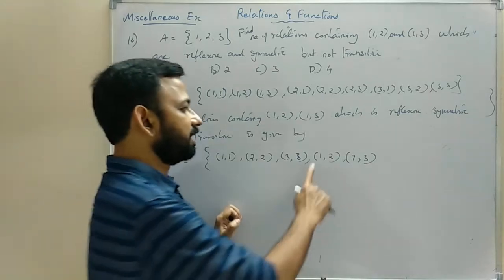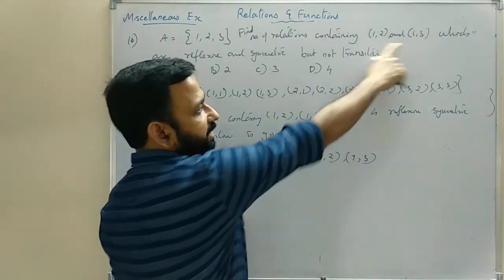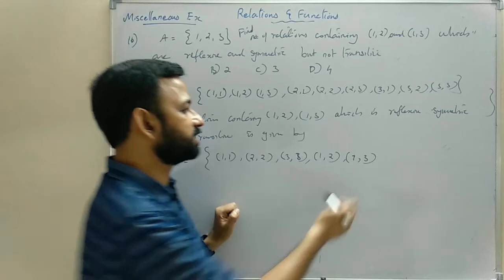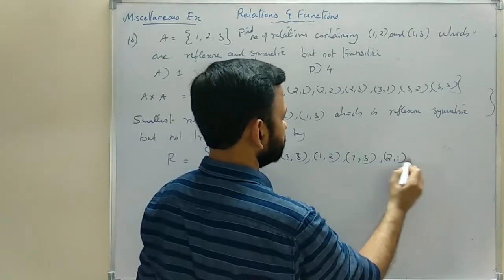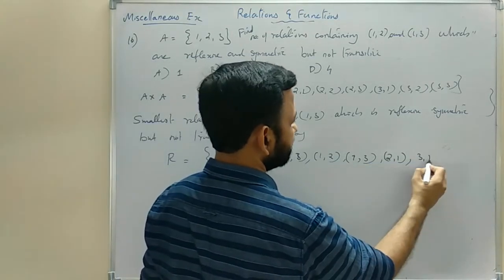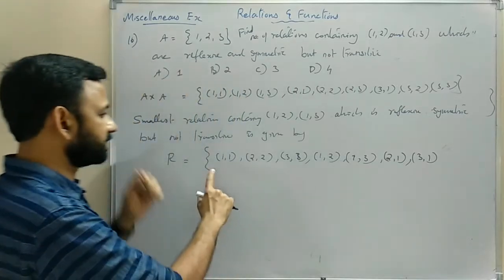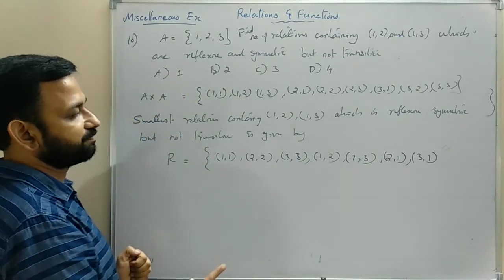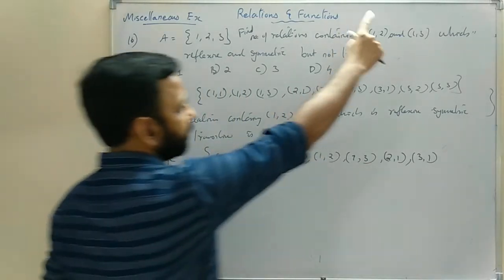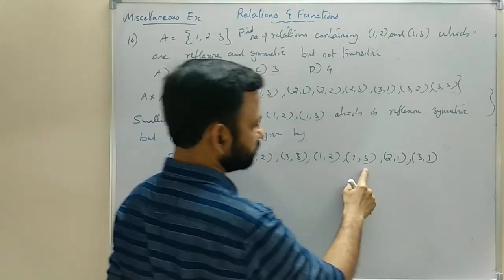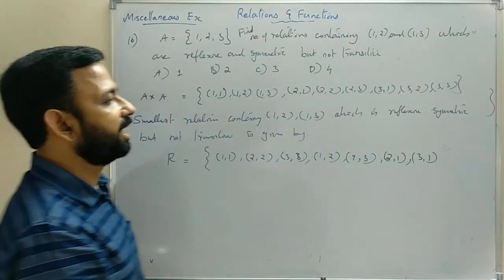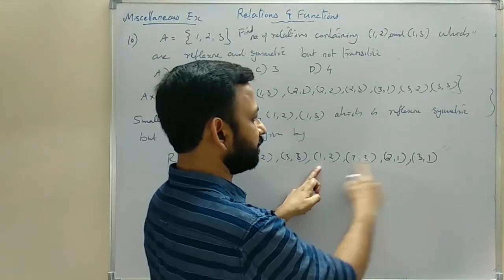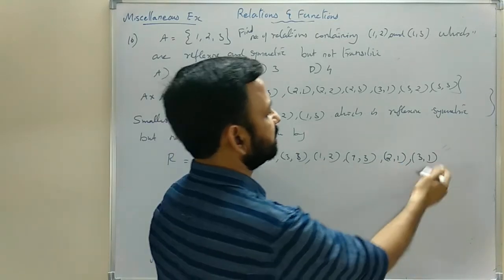If it is symmetric, if (1, 2) and (1, 3) should be there, that is given. If (1, 2) is there, then (2, 1) should be there. And if (1, 3) is there, then (3, 1) should be there. So now the relation is reflexive, the ordered pairs (1, 2) and (1, 3) belong to that relation, and it is symmetric. (1, 2) is there, (2, 1), (1, 3), (3, 1). So this is the